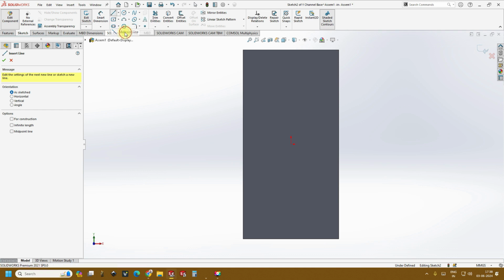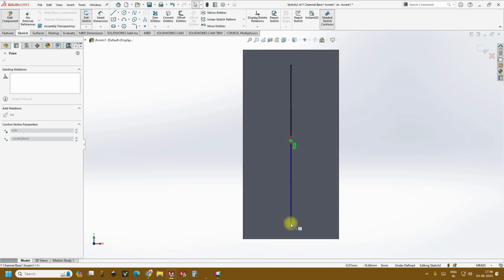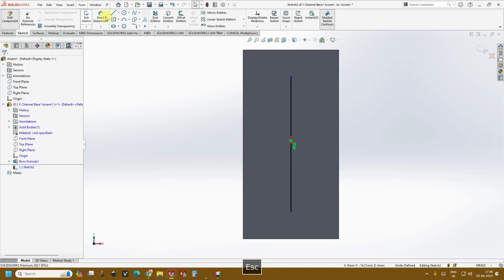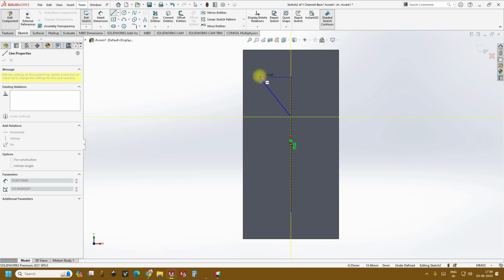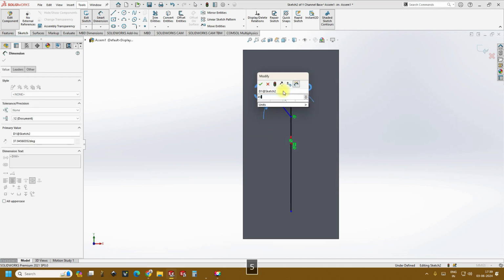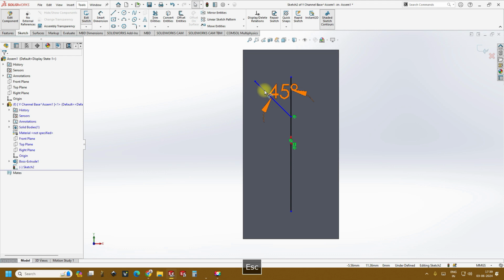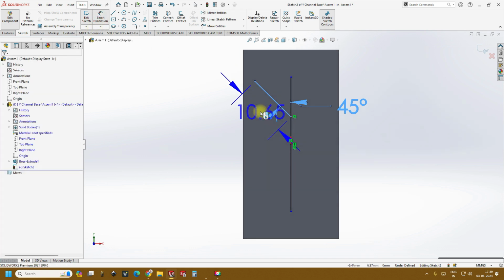So in the Y channel you go to midpoint line. You can do anything you want. Now you just drag it so you can see this, right? And then in the same way create a line, and then give the smart dimension between these two as 45 degrees, and followed by give the dimension of this around 10 mm,